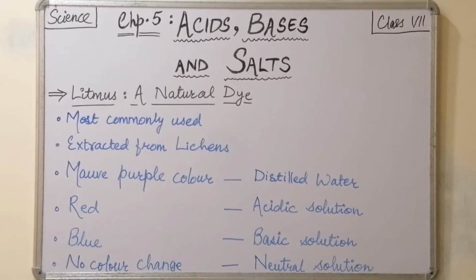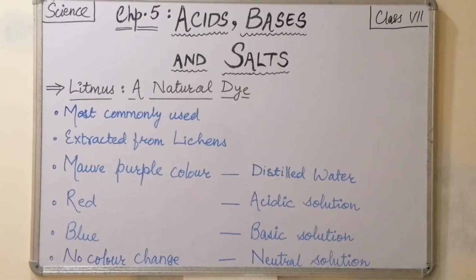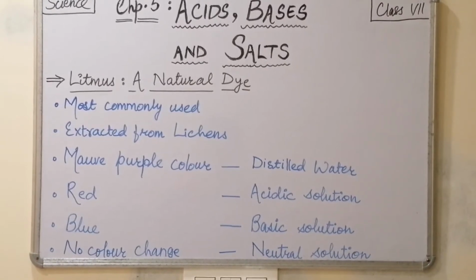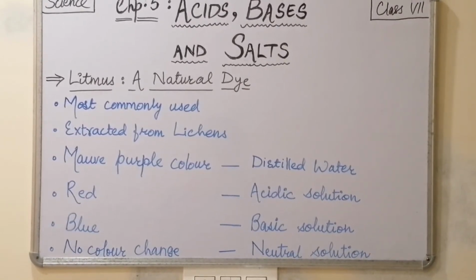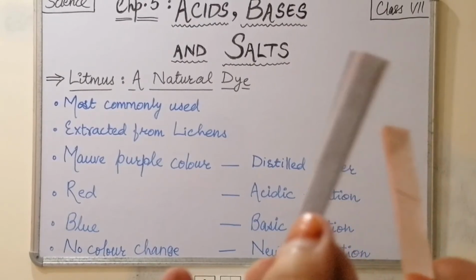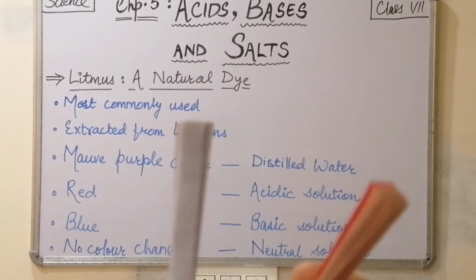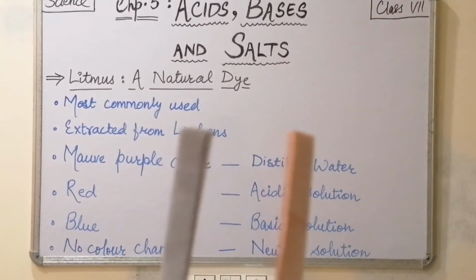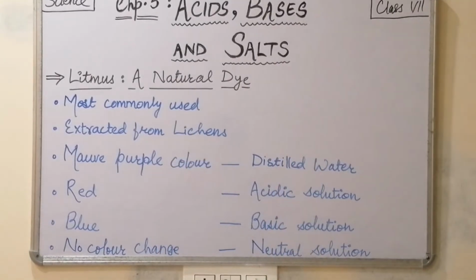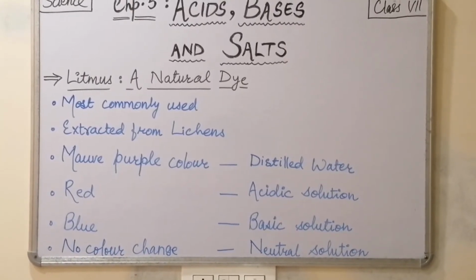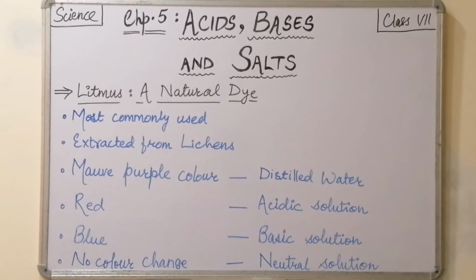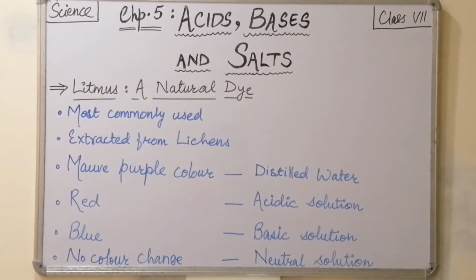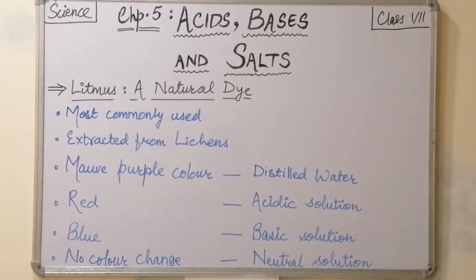Now this is how the color changes in red and blue litmus papers. The litmus papers are available in two colors, red and blue. Some are red and some are blue. This is the red one, this is the blue one. Though they are so light, we can identify whether one is blue or one is red. They have the shade of blue and red, and when dipped into the solutions, they will give us clear red and blue colors when they are wet. After they are dried, they again fade to the light shade.